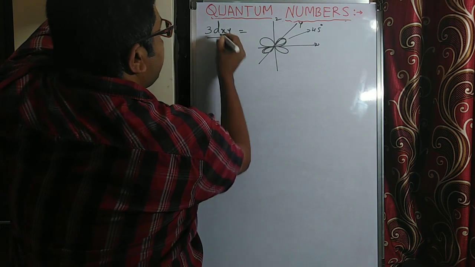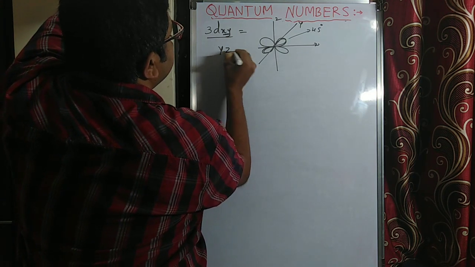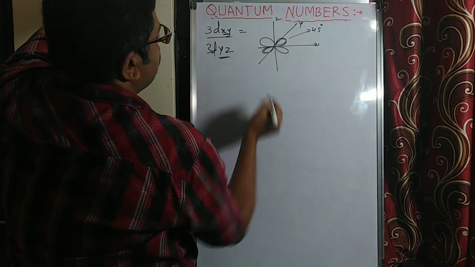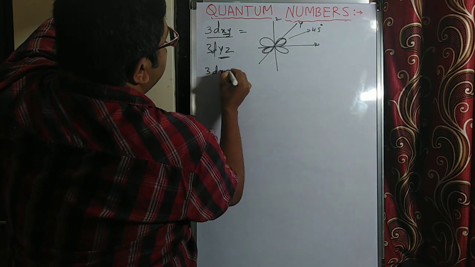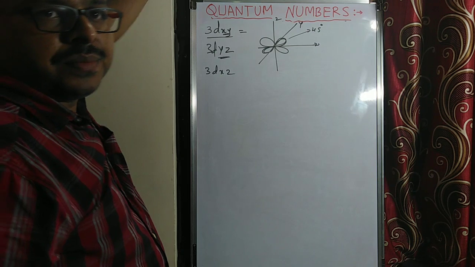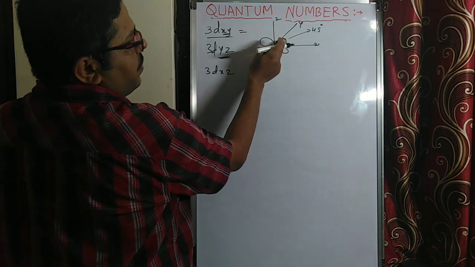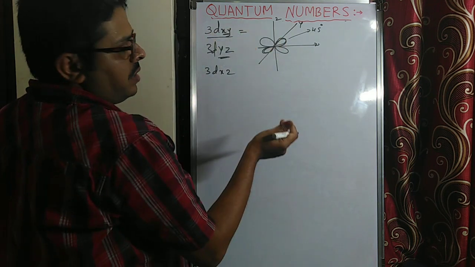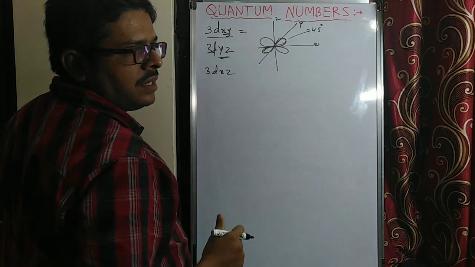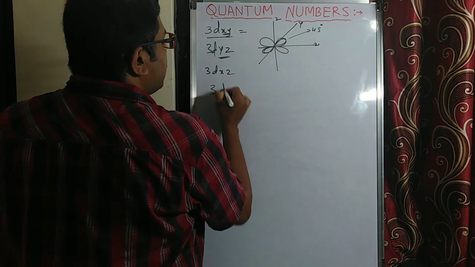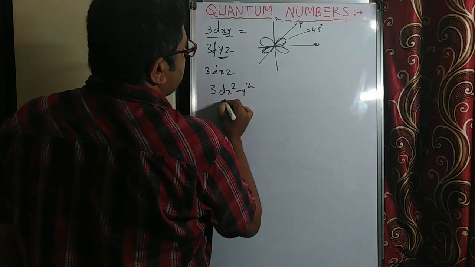Now 3D xy, like that. YZ, 3D YZ, between y and z axis. I will not draw that once again. So xz, between x and z orbital. I hope you understood all the three shapes. Fine. XY means between x and y, one dumbbell, opposite that one. So YZ, between YZ. XZ, between XZ. Very simple.